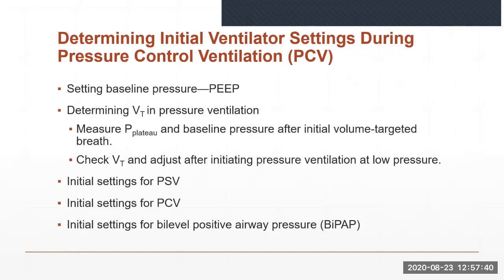Bi-level positive airway pressure can be used for intubated patients or non-intubated patients, although it is most often used as non-invasive positive pressure ventilation. Initial settings include inspiratory positive airway pressure, or IPAP, of 5 to 10 centimeters of water pressure. The level of IPAP is increased in increments of 3 to 5 until a rate of 25 breaths per minute or lower is achieved, and the tidal volume is 4 to 8 mLs per kilo or more, depending on the patient's